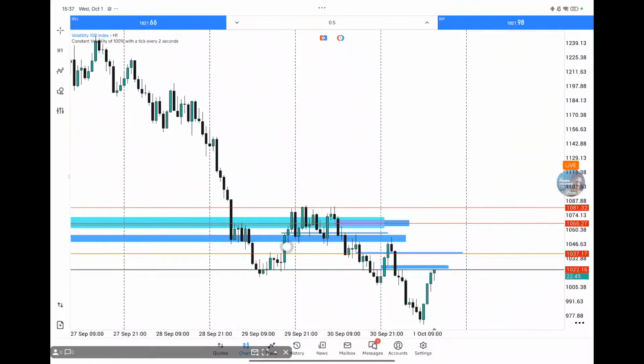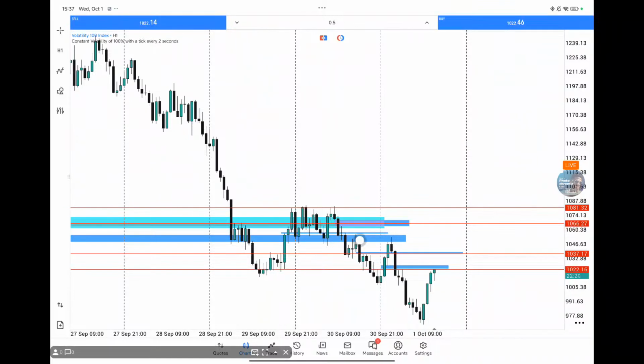So this low broke the structure right in here, and if we have a structure shift, the necessary thing we want to see is for price to retrace. Okay, so we saw this retracement leg which didn't close above this high, making this retracement leg a valid retracement leg. So if you had caught a trade, you would have caught a trade above these highs, and then we want to ride the market down all the way to this area. When it breaks this low,